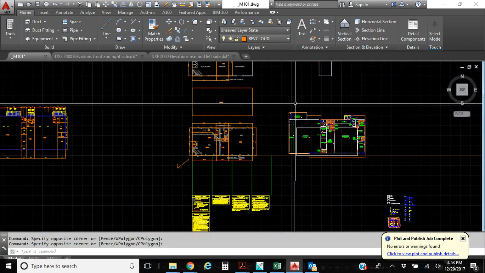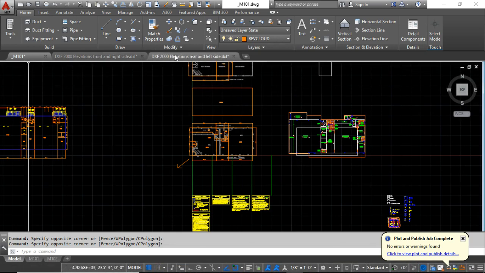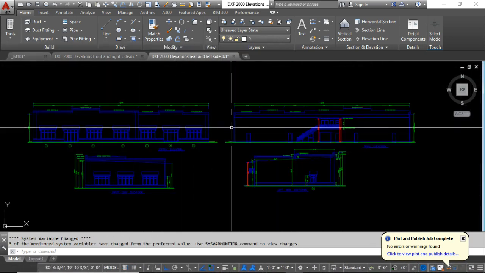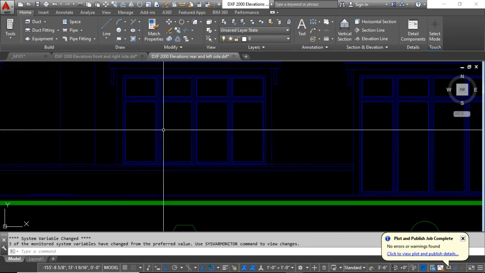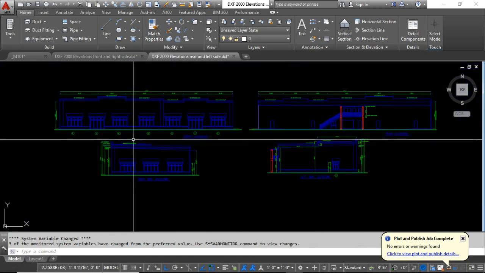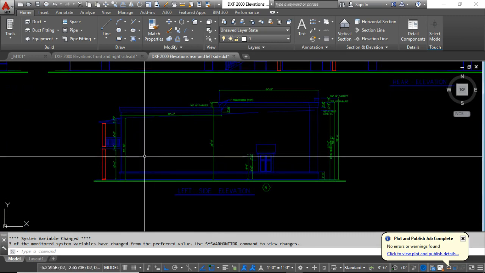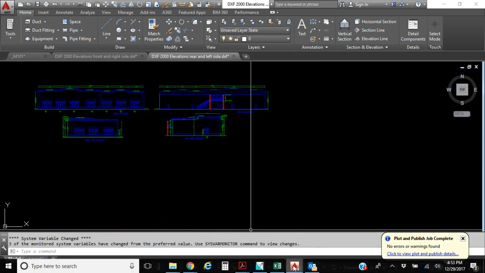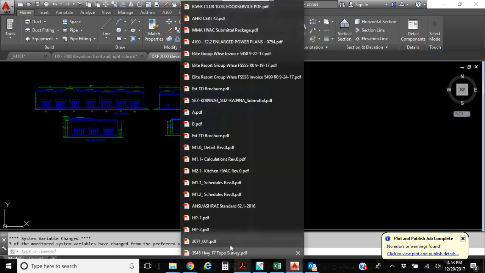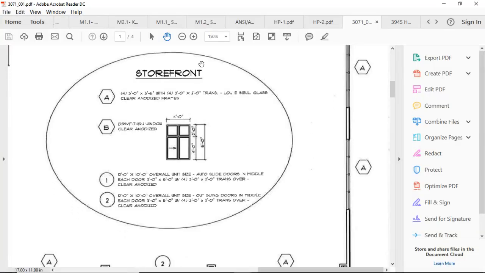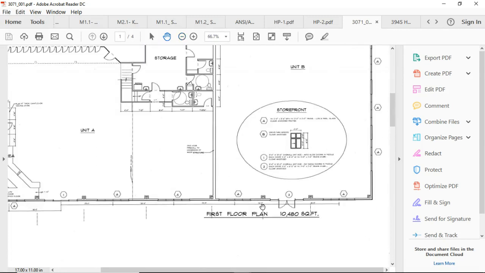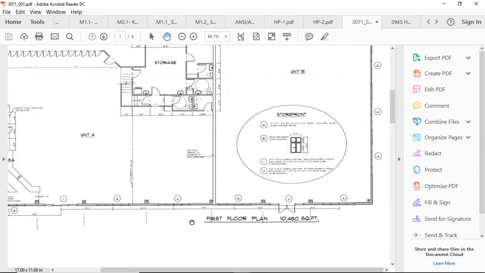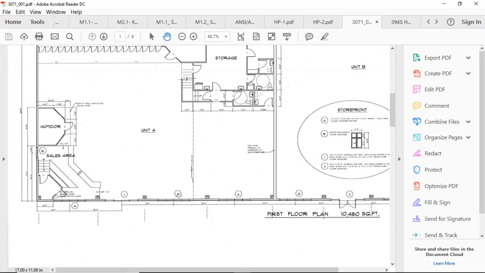This one, it's sad to say, I don't have a lot of information on except the elevations. There's no building section, so I'm going to have to do a lot of guesswork. But they did send me a PDF plan. Let's see if it helps. It looks like all the windows in the front are A windows. What does that mean? Well, they are described here